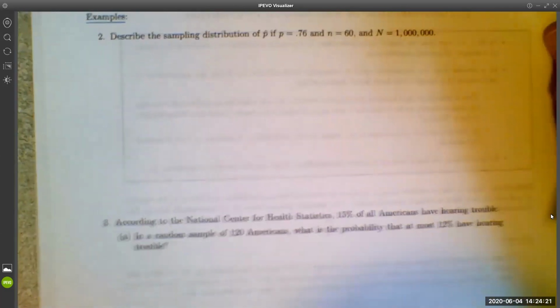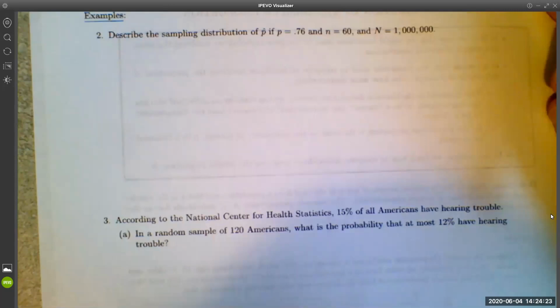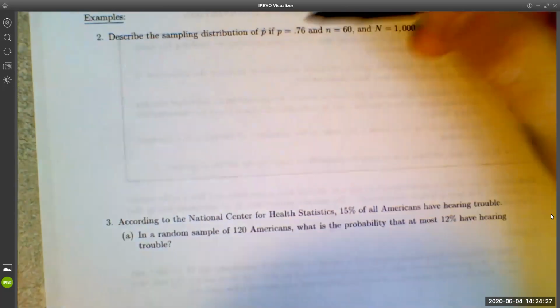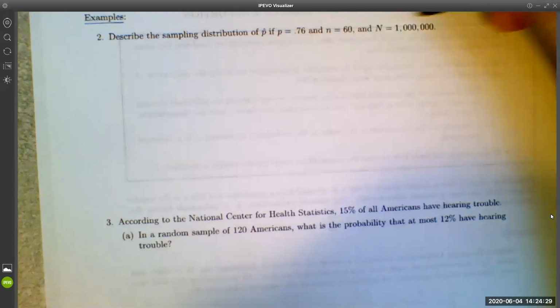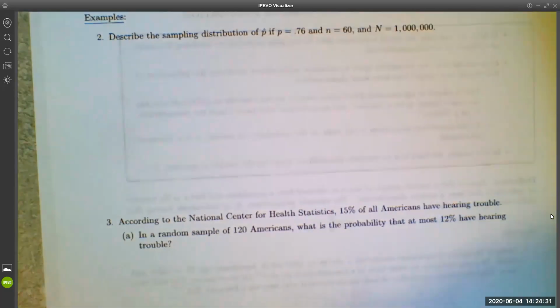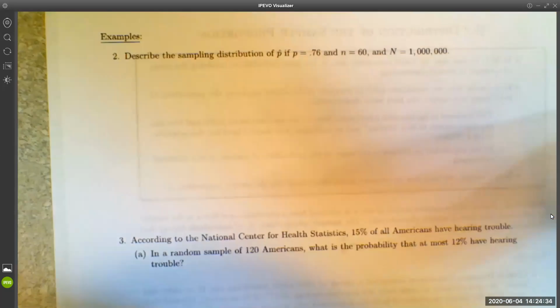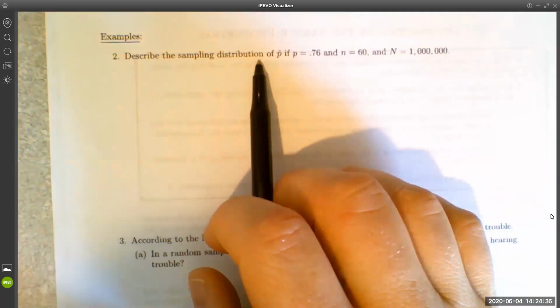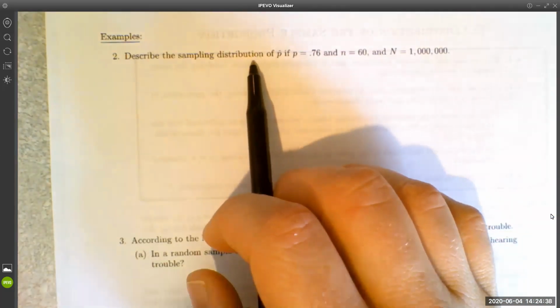Let me just give you a couple examples. This first one says, describe the sampling distribution of p hat if p equals 0.76, n equals 60, and capital N equals 1 million. When they say to describe the sampling distribution, they're asking you to describe the shape, center, and spread of